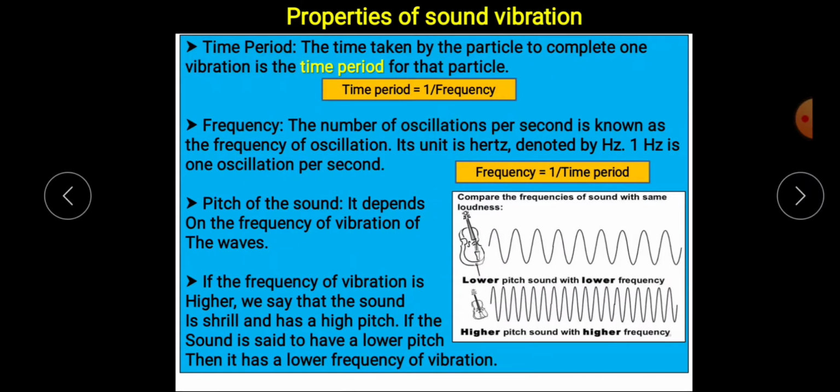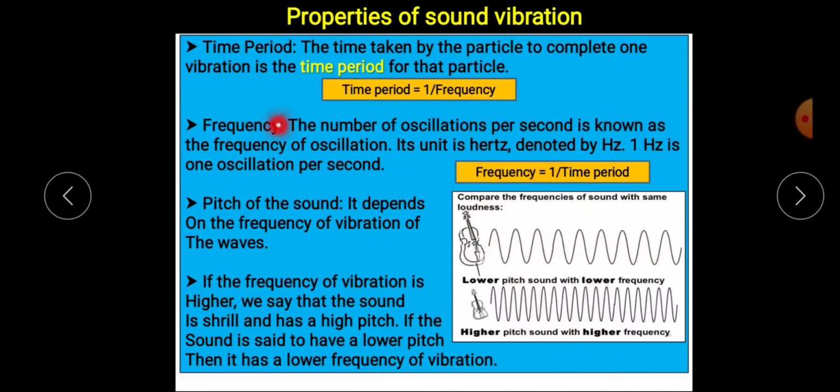And the formula for time period is 1 divided by frequency. As we have discussed earlier, sound vibration is actually a wave. Sound is a wave, and a wave moves in this direction, isn't it? If this is the mean position, we will start from here, go up, then go down, and then when we come back to the mean position, the line from where the vibration started, this is one vibration.